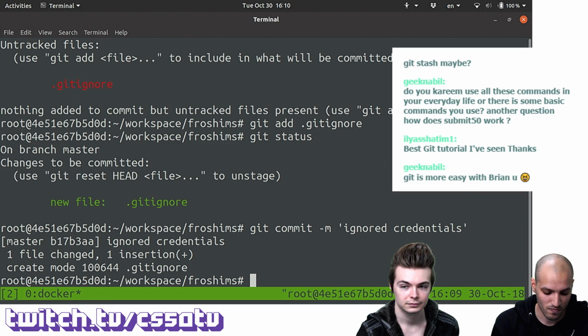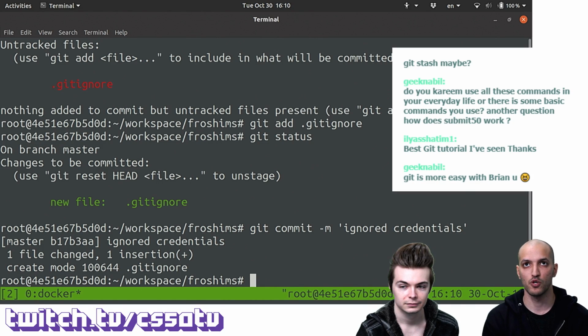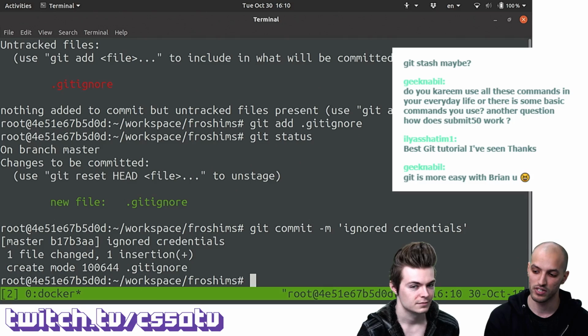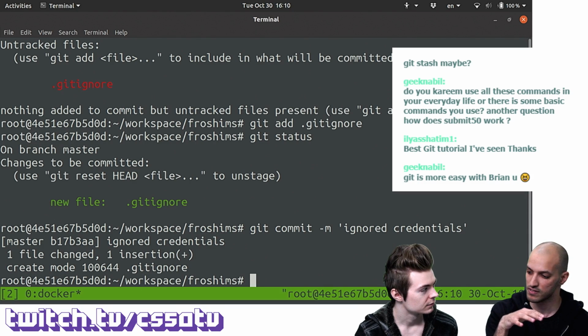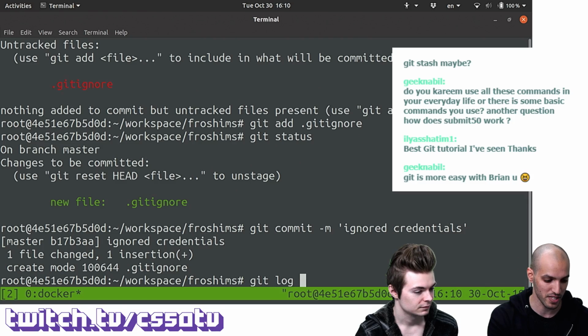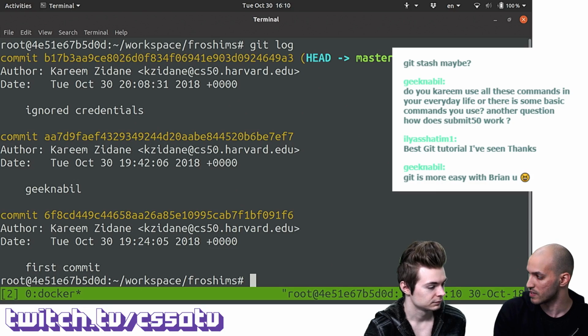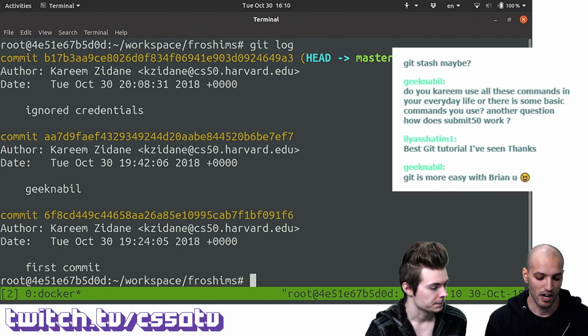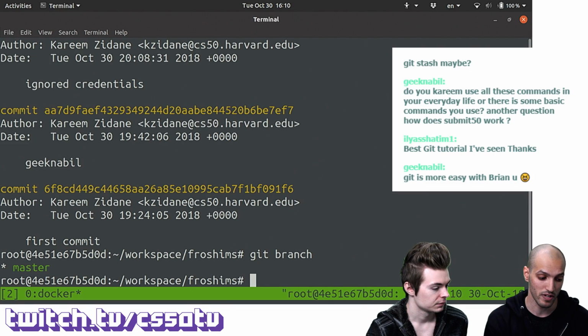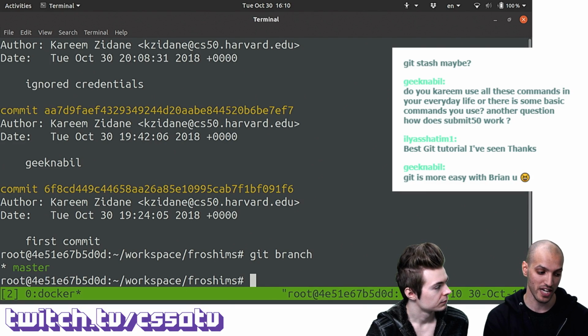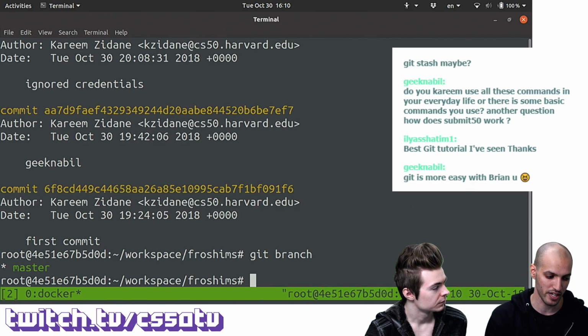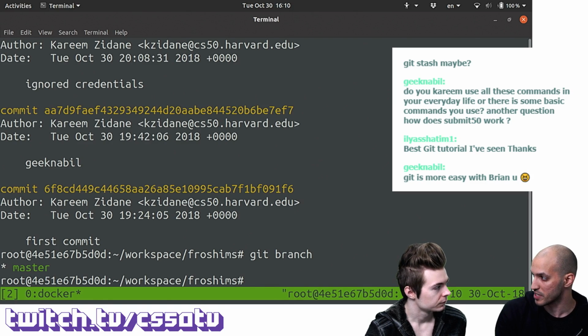So just explain what a branch is in short. A branch is just a sequence of commits. So we have how many commits now? 3. So these 3 commits represent the master branch in this case, right? The way to list the branches that I have is using git branch. And right now it says you have one branch called master, and it's marking it in green and putting an asterisk in front of it saying that, hey, you're currently on this branch actually.